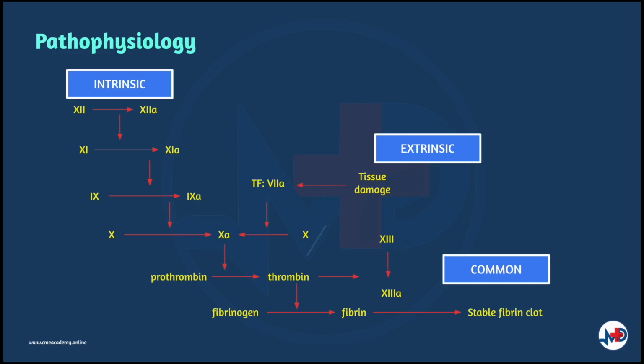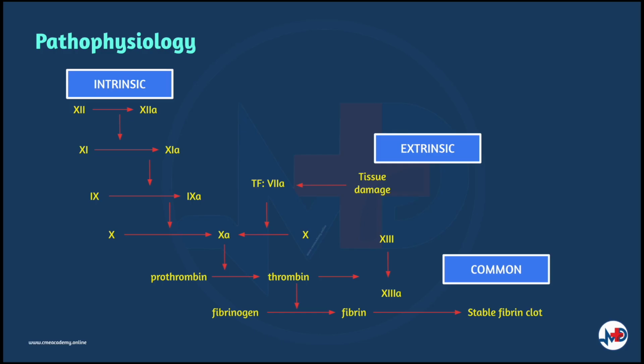as a cascade. When each factor is activated, it goes on to activate many more factors in the next steps. As it moves further down the cascade, the concentration of that factor increases in the blood. For example, the concentration of factor 9 is more than the concentration of factor 11. When factor 2 is activated by extrinsic and intrinsic pathway, it can reinforce the intrinsic pathway by giving positive feedback to factors 5, 7, 8, 11, and 12. And this makes factor 12 less critical. Patients can actually clot well without factor 12. The intrinsic pathway is clinically measured by the partial thromboplastin time or PTT.